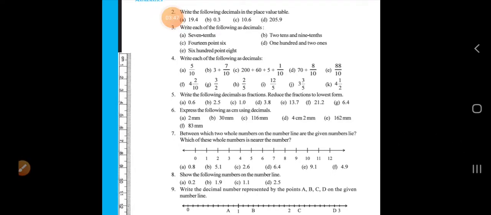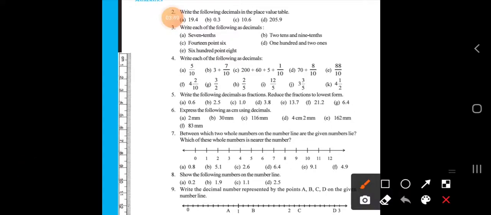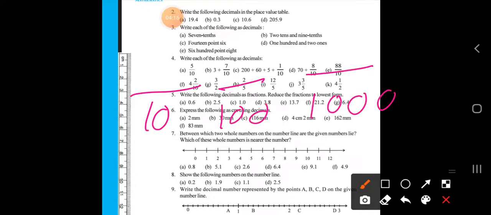In most of the examples, either you have to convert this fraction into decimals, or you have to represent it on the number line. So it is possible to represent these decimals on the number line. You have to divide this unit, 0 to 1, into the number of equal parts according to the example, and you have to represent it. And if there is a denominator 10, 100 and 1000, then how to convert into the decimal number, that you must learn properly.